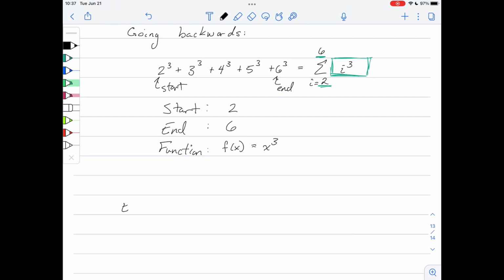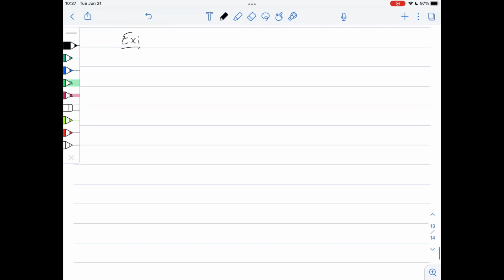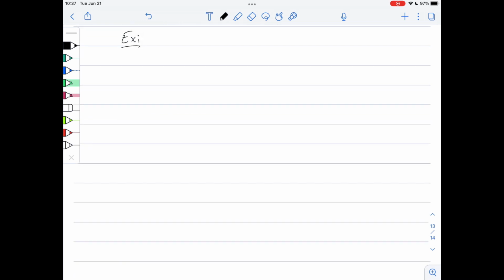Okay, for our next example, we're going to start at a defined point, but our ending point is going to be something kind of ambiguous, and we're going to call it n. So the problem here is to write 2 to the 4th plus 2 to the 5th plus so on to 2 to the nth in what's called sigma notation. So sigma notation and writing it as that sum are the same thing. So we want to write this big string of things being added together as one nice compact package with a